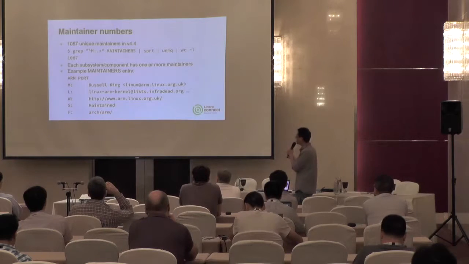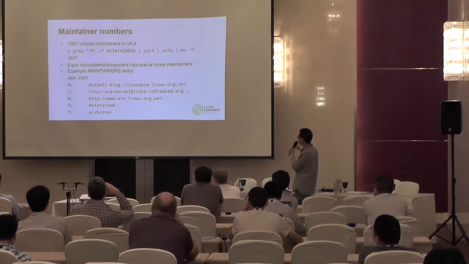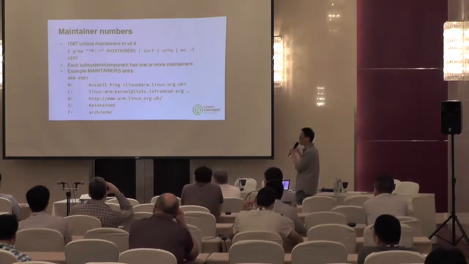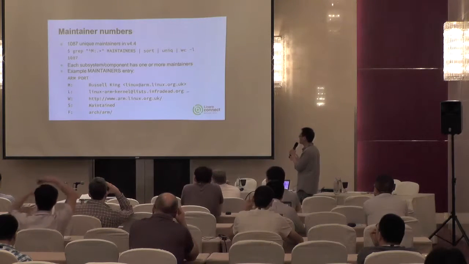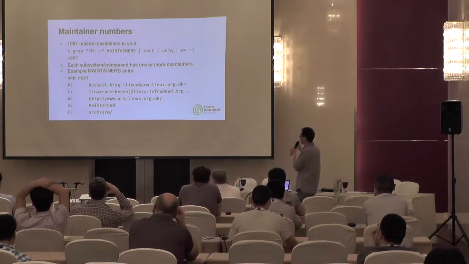So now we can see, if we search in the Linux kernel documentation, the MAINTAINERS file, we can now get to know that for 4.14, this version, the MAINTAINERS file has 1,087 entries. Each subsystem or component has one or more maintainers. In the file, we can see every entry has